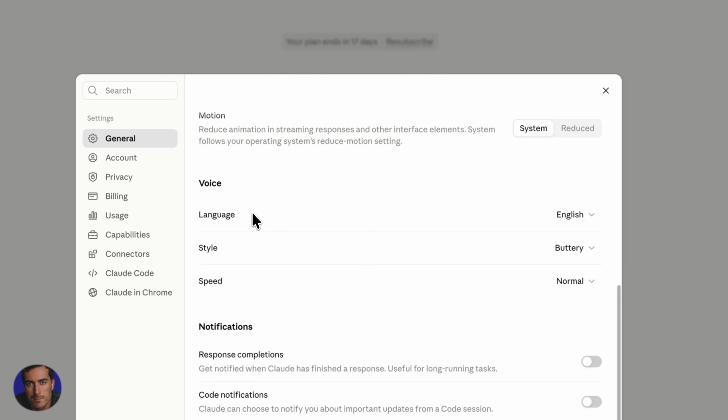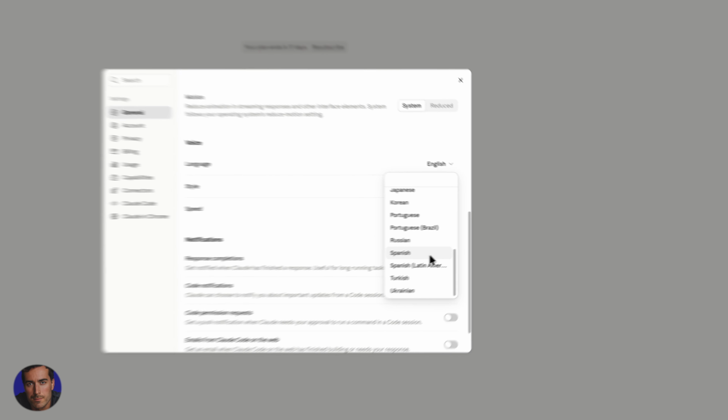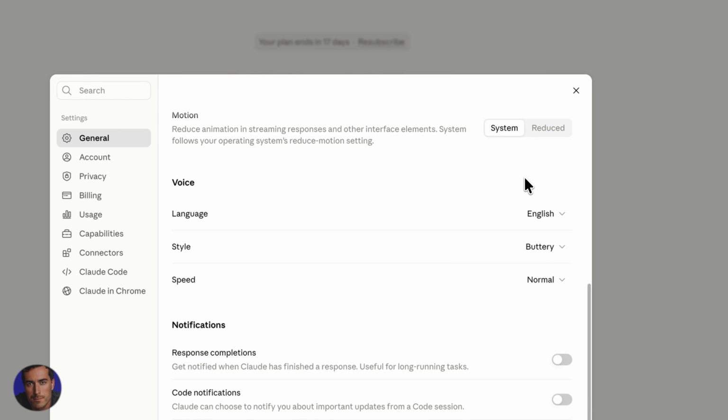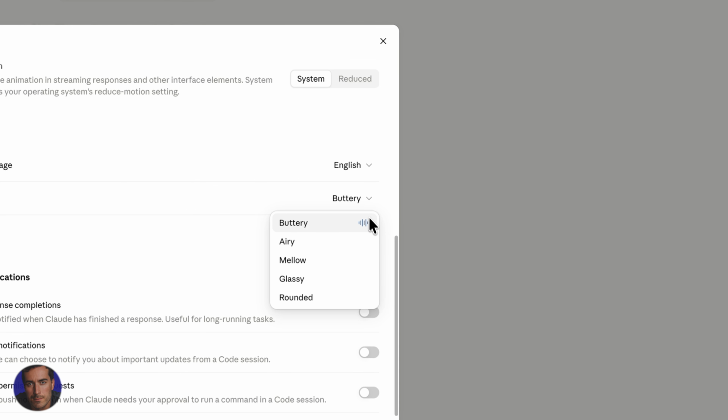Now, first of all, we can change the language. So mine is currently set to English. We have obviously a whole bunch of different languages here that we can use with Claude. So if you want to change the language, that is the option there. Style, so we've got buttery here. So we can,